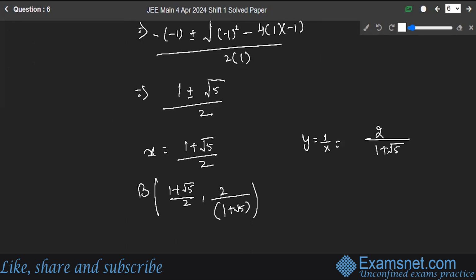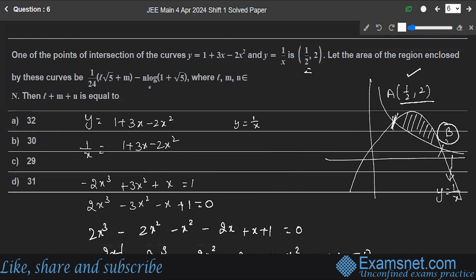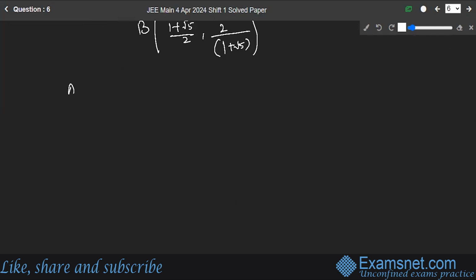Hope you're clear till here. Now, what you have to find out is the area between these two points by this curve. This is the A point and the B point was (1 plus root 5)/2 comma this. Okay, so the required area is equal to